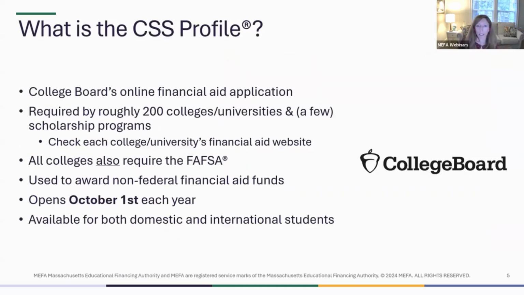So let's jump right into the CSS Profile. This is essentially a financial aid application for college, and it's administered by College Board. That's the same organization that runs the SAT and the AP exams. And the CSS Profile, or Profile for short, is required by about 200 colleges, universities, and scholarship programs across the